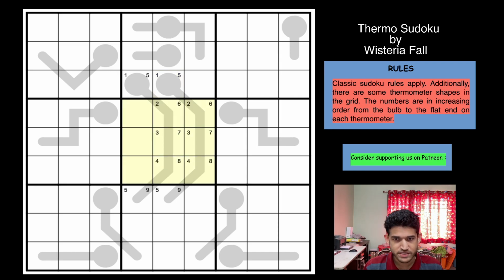Now let's look at box 5 a bit deeper. You can see that these 6 cells do not have a 1 or a 9 between them, which means that 1 and 9 must be in these 3 cells. You could have put these digits right at the start just by looking at the thermometers, right? Because the middle of the thermometers can never have 1 or 9. You don't have a digit which is less than 1 and a digit greater than 9. So this could have been done at the start, but I wanted to write the range, so I've just used this way. So 1 is in here,